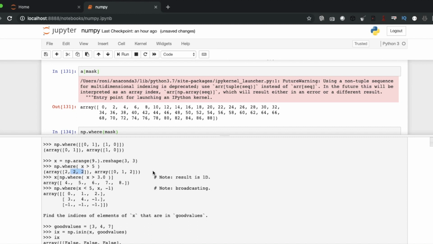Shift 3 3, 0 1 2 array 2 2 2. The result is 1d.